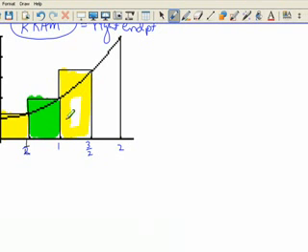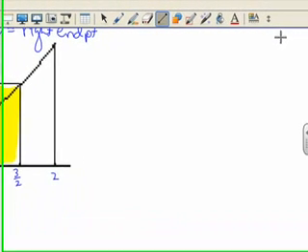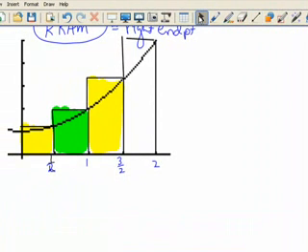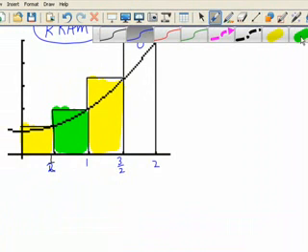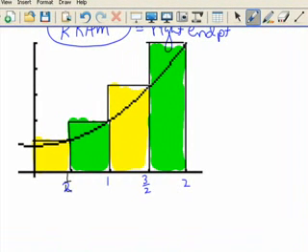Okay, includes a little bit more space above the curve. And then finally the last rectangle, it's actually a rectangle. All right. So if we calculate the area of these 4 rectangles and add them together,